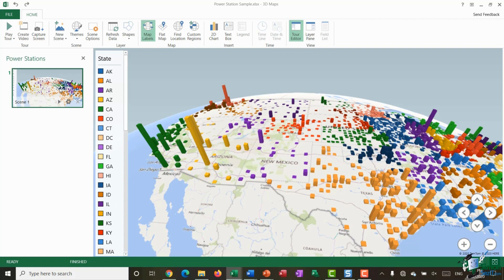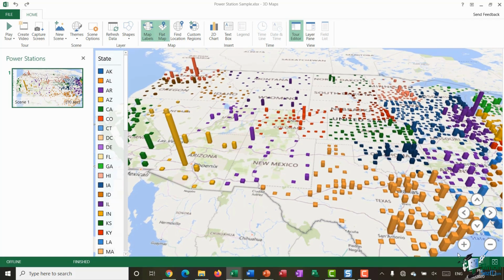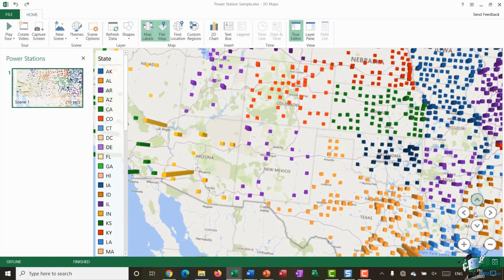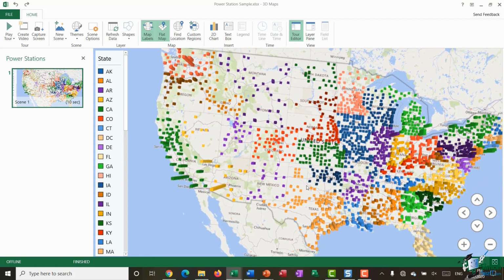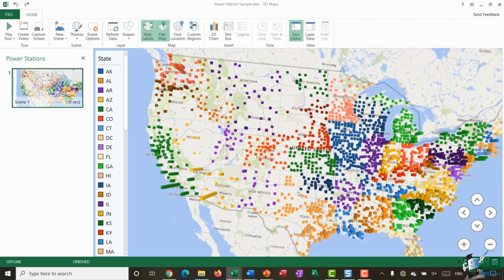So in this example, I'm going to make this map flat, and I'm actually going to, let's tilt it up this way. I'm going to zoom out a little bit and pull it down like so. So this is going to be my first scene, an overview of all of the power stations across all of the states. Now what I'm going to do is I'm going to add a new scene to this tour